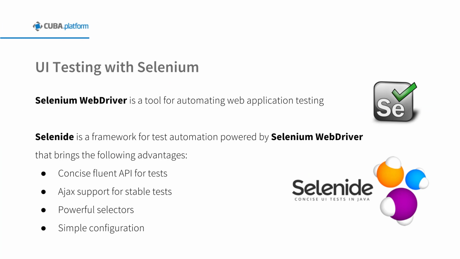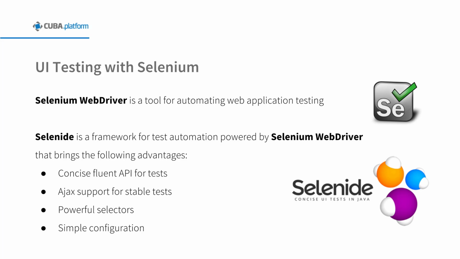The last testing approach that we'll discuss is UI testing. For that purpose, you can use Selenium. In fact, Selenium WebDriver. Selenium WebDriver is a tool for automating web application testing, and in particular to verify that they work as expected. Selenium WebDriver accepts commands and sends them to a browser. This is implemented through a browser-specific driver, which sends commands to a browser and retrieves results. Most browser drivers actually launch and access a browser application.